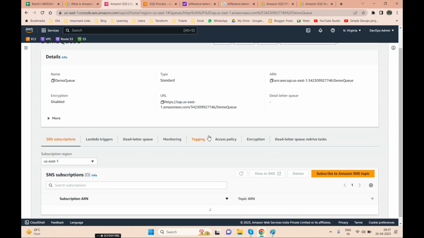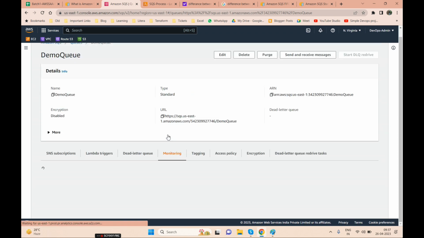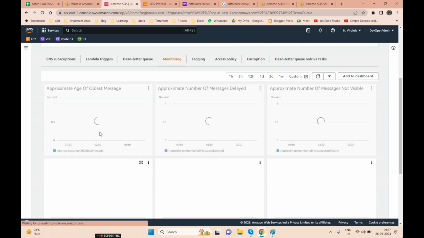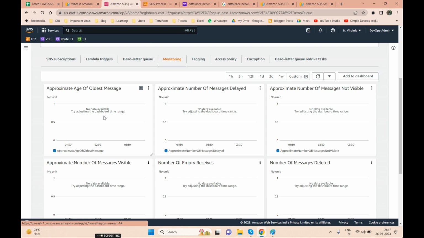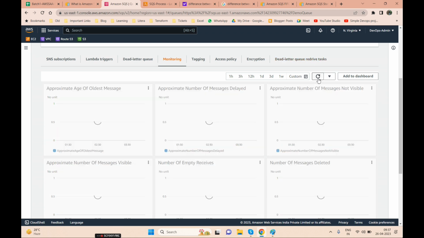How can you see that the messages are being processed? Just go to the monitoring tab, and under that tab you can see the older messages here. It will show you in 1 or 2 minutes.